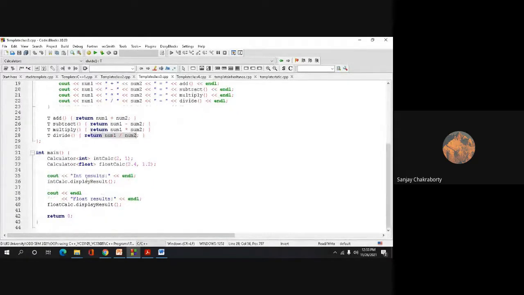Now go into the main method. Now within the main method, what will we do? First, we'll have to invoke the constructor. So calculator is a class name.